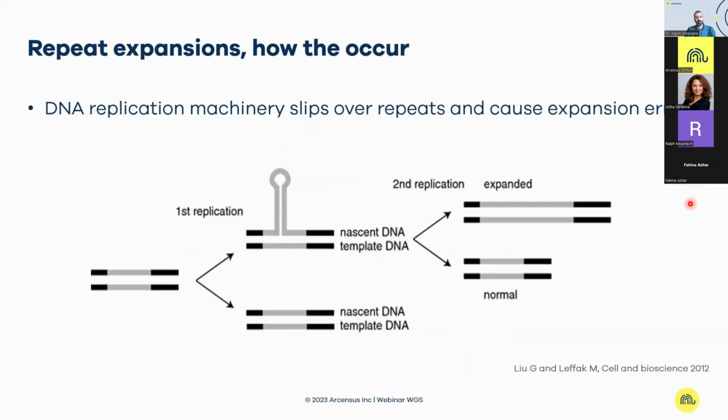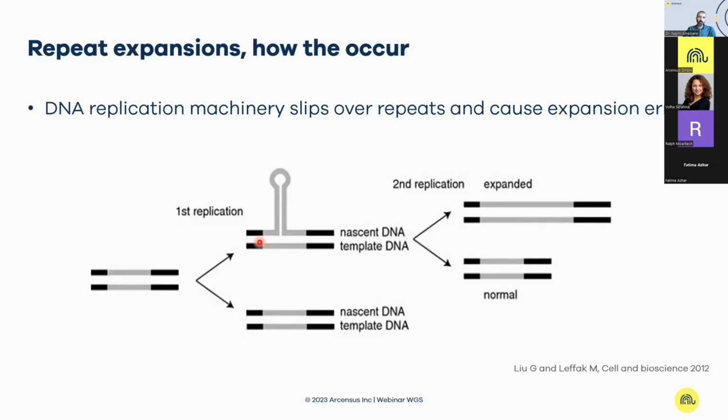So how does this type of repeat expansion occur in the cell? Briefly, this is a schematic overview, which I will explain in the next slide in a little bit more detail with some animation. So when you have a DNA sequence that contains a motif that is repetitive, during the first replication cycle, as you may or may not know, one strand is copied continuously, whereas the other strand is copied